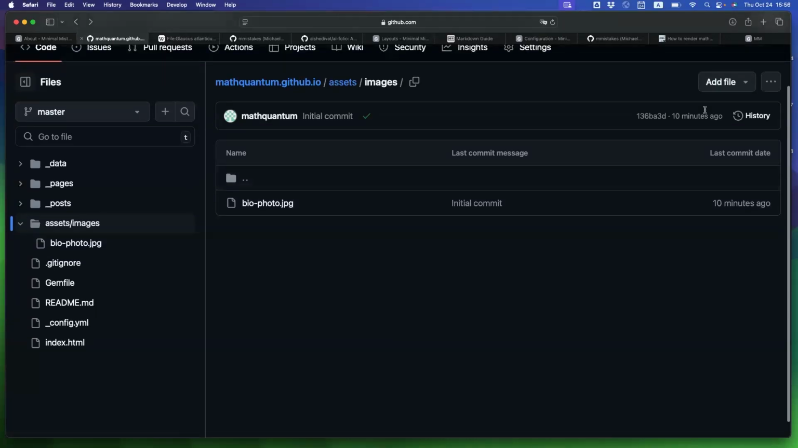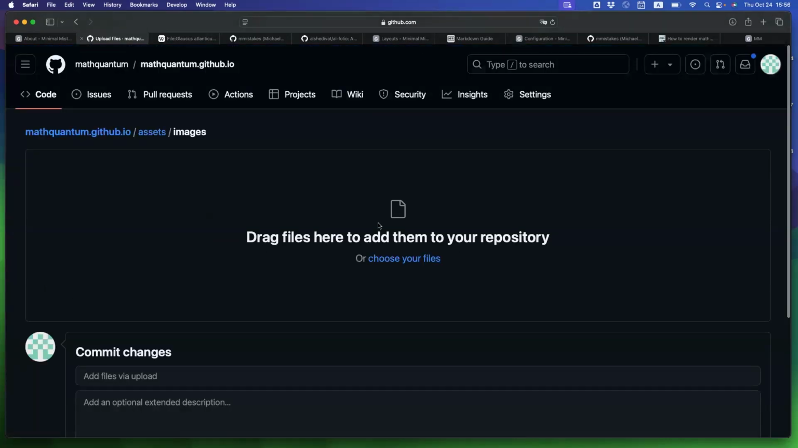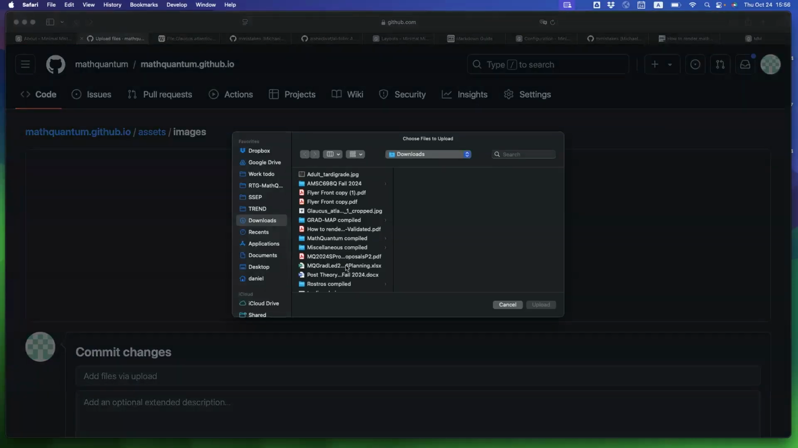It's very simple. We just go to add file up at the top. Make sure that you're under images, right? And when you go to add file, you just upload files. You either drag and drop it in here or choose your file. So I'm going to choose this dragon,